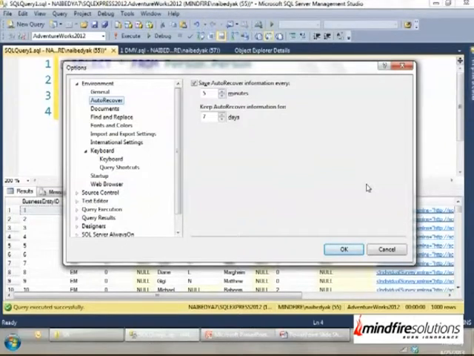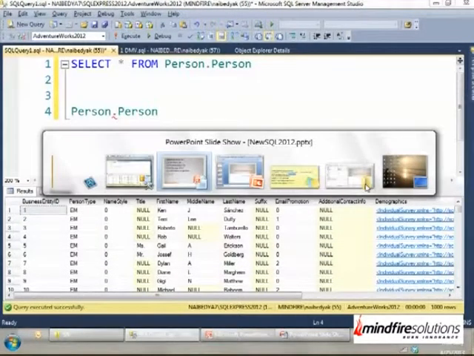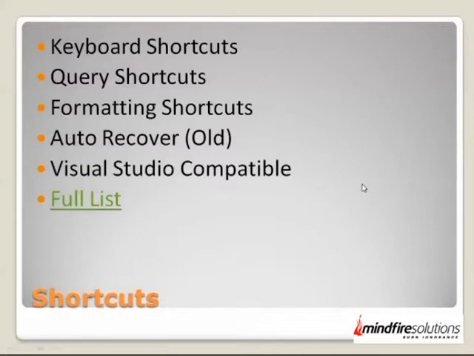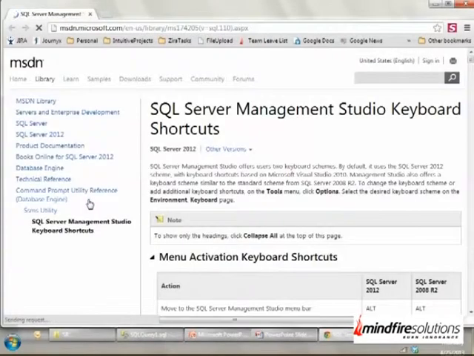Visual Studio compatible we saw, and this full list. After the next session, I would share this whole thing with everyone. So you will be able to see these shortcuts, you will be able to see these links, etc. Here is the complete shortcut list. It's quite exhaustive. If you want to talk about each and everything, we need 2.5 hours just for this. So we'll just skip it. I just wanted to introduce and show it to everyone.